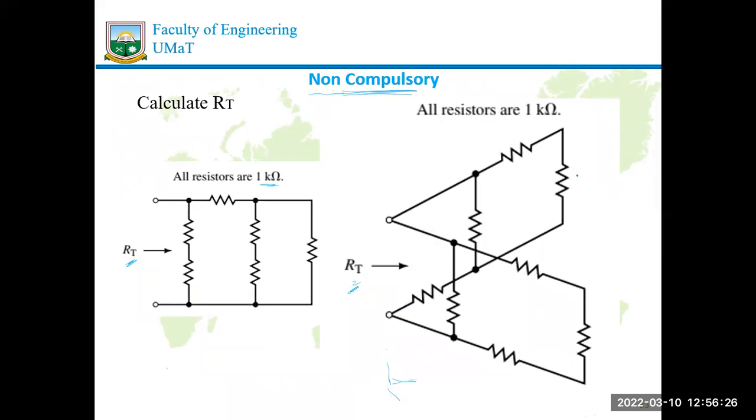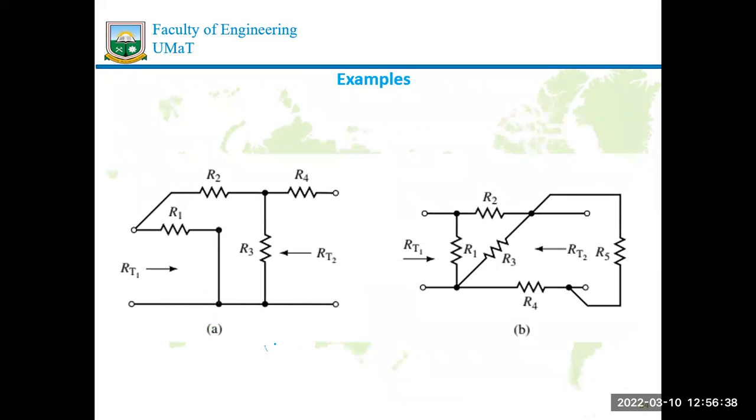Each of these resistors is 1 kilo ohm. If a kilo ohm is too much for you, you can make it 1 ohm, remove the kilo, and do your computations. So you have that as well. In this case, you have two views of the total resistance. So this is one view, and that is also another view. The total resistances will never be the same. You can't have a case where RT1 is equal to RT2,